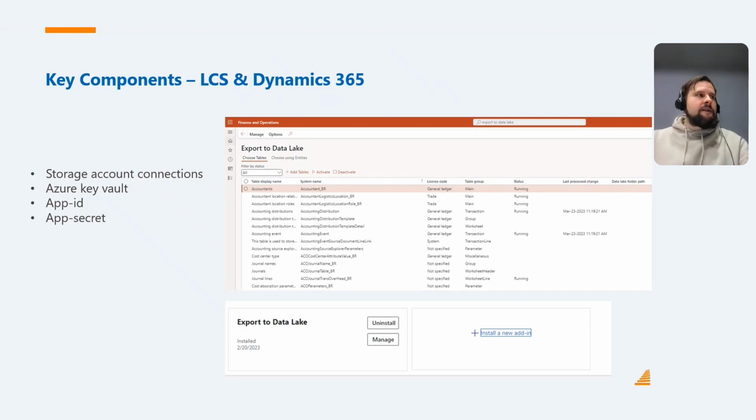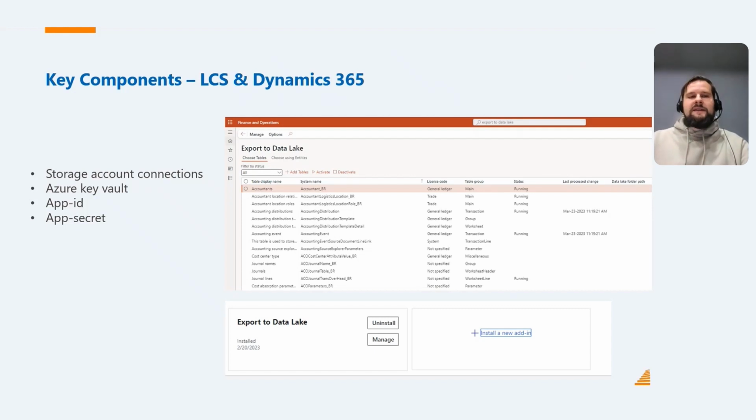Azure Data Lake itself is stored on a storage account within an Azure subscription. So you will need to decide which Azure subscription you're going to use, and then you can make a connection to any storage account installed on that Azure subscription.